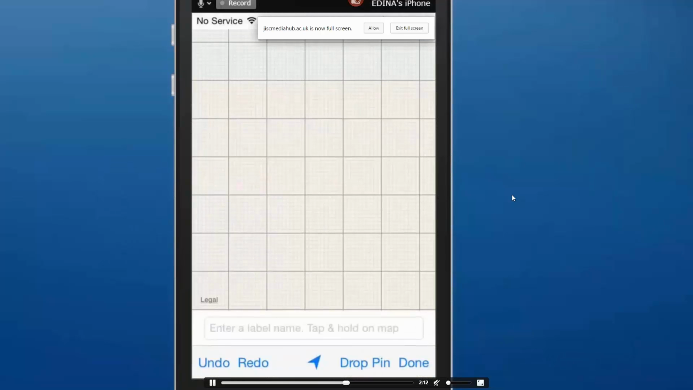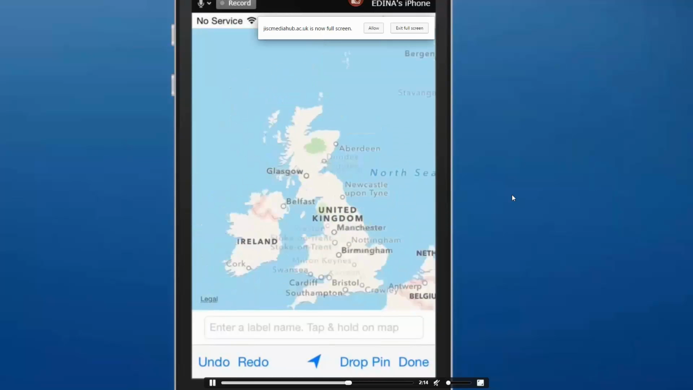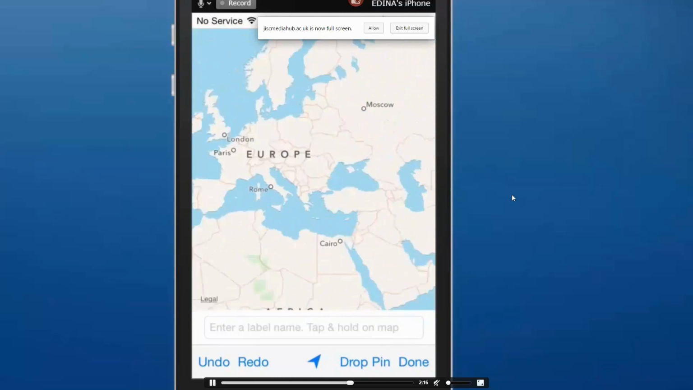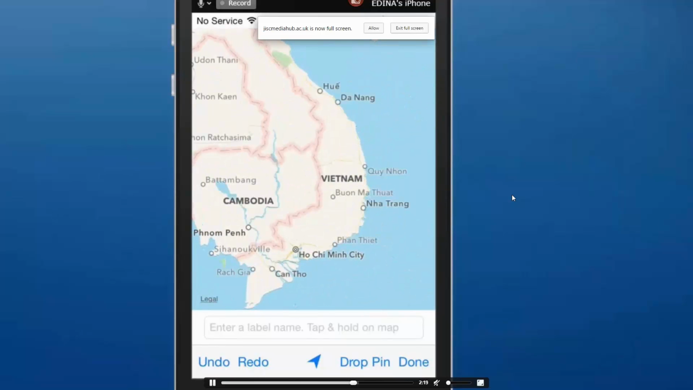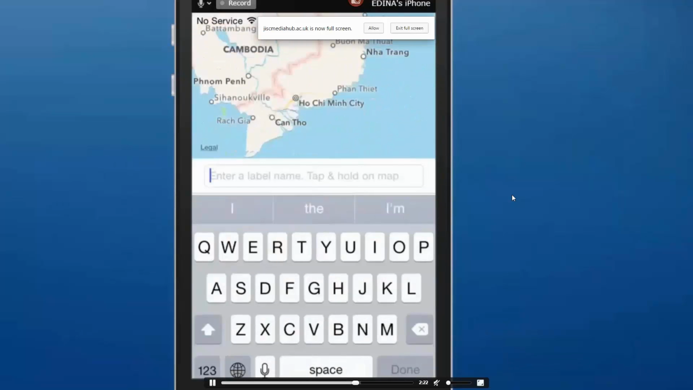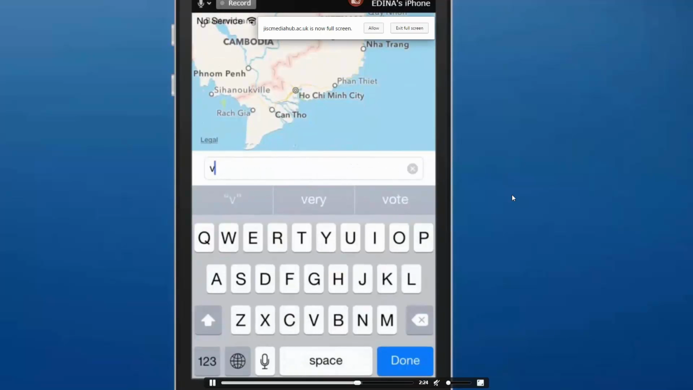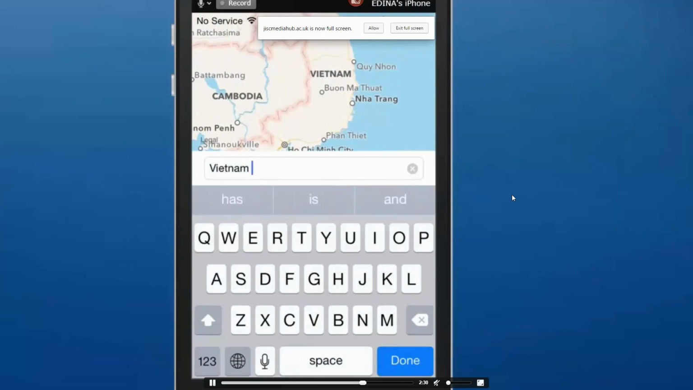So here she's doing searching by location, she's adding a location, and she's just zooming out on the map. She's going to go international. There we go. And she's choosing a label for the location on the map that she wants to add. So you can add the labels. So she's typed Vietnam, but you could type in,